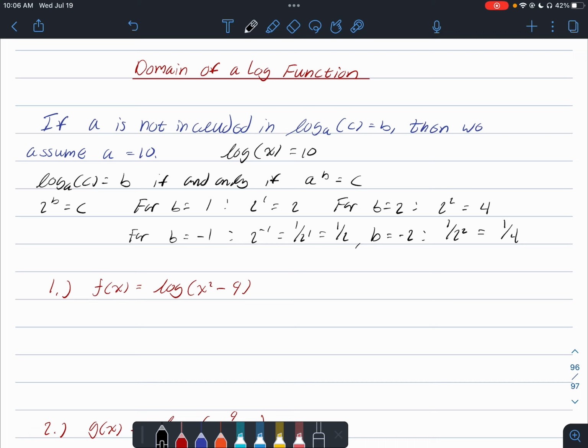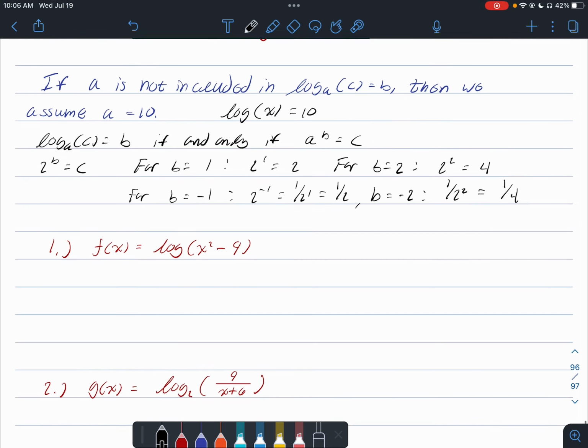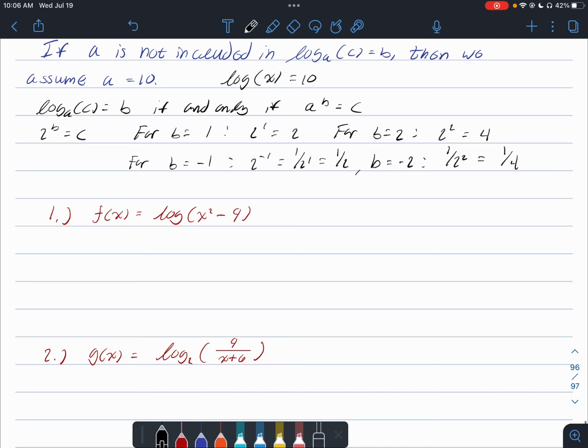So what we're going to see as we go more negative, if we get more and more negative numbers, like further to the left of 0 on the number line, that means that we're going to get closer and closer to 0. But we still are going to remain positive. So it's going to get really, really small, but it will still stay positive. Okay, so this is really helpful when it comes to solving domain issues